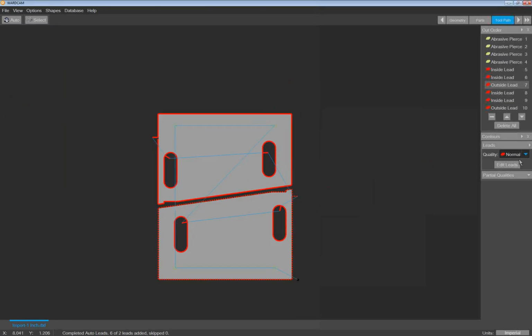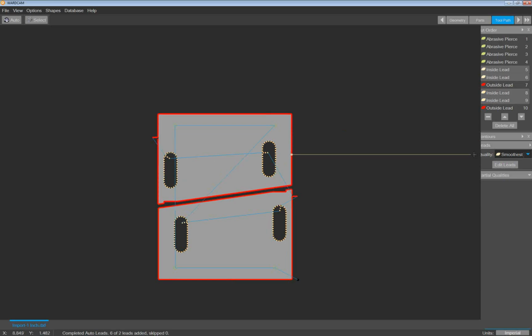Other things you can do in here is you can change the quality of different cuts. So if these inside slots, I want to cut those at a slower speed. Up here in my cut order box, if I want to select multiple cuts at one time, you'll see as I click on these, it highlights which one it's working with. So if I hold down my control key, I can select those 4 inside slots, and I can come down here and I can choose a different speed, which will affect my edge quality and my tolerances. So if I want those to be nice and smooth, click on that,